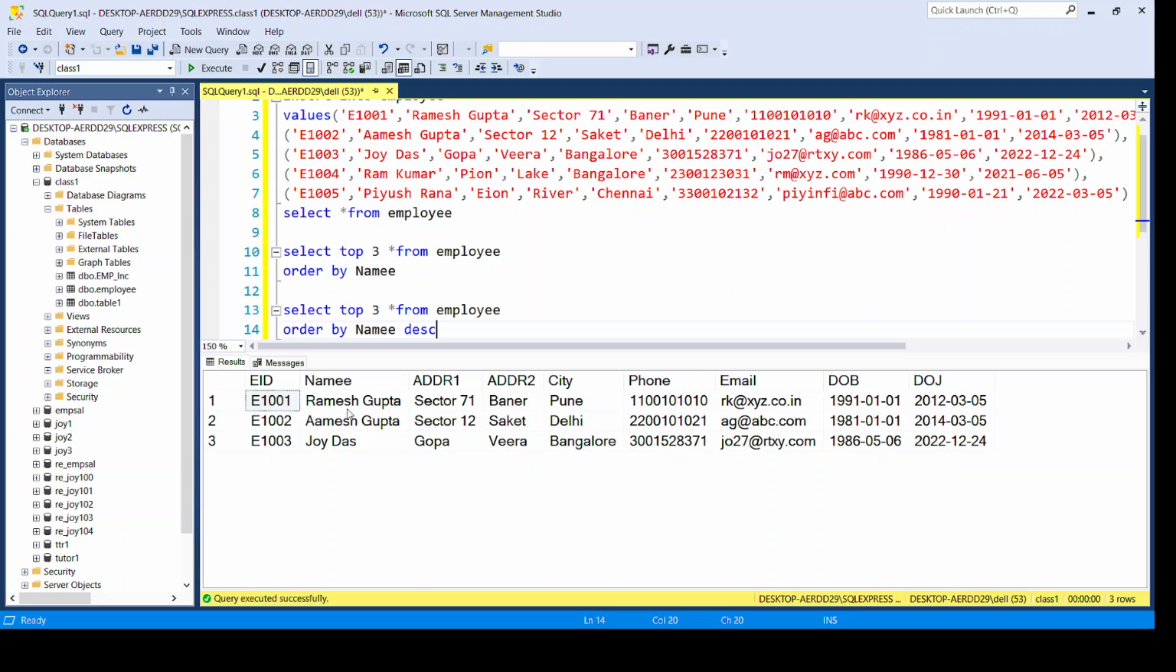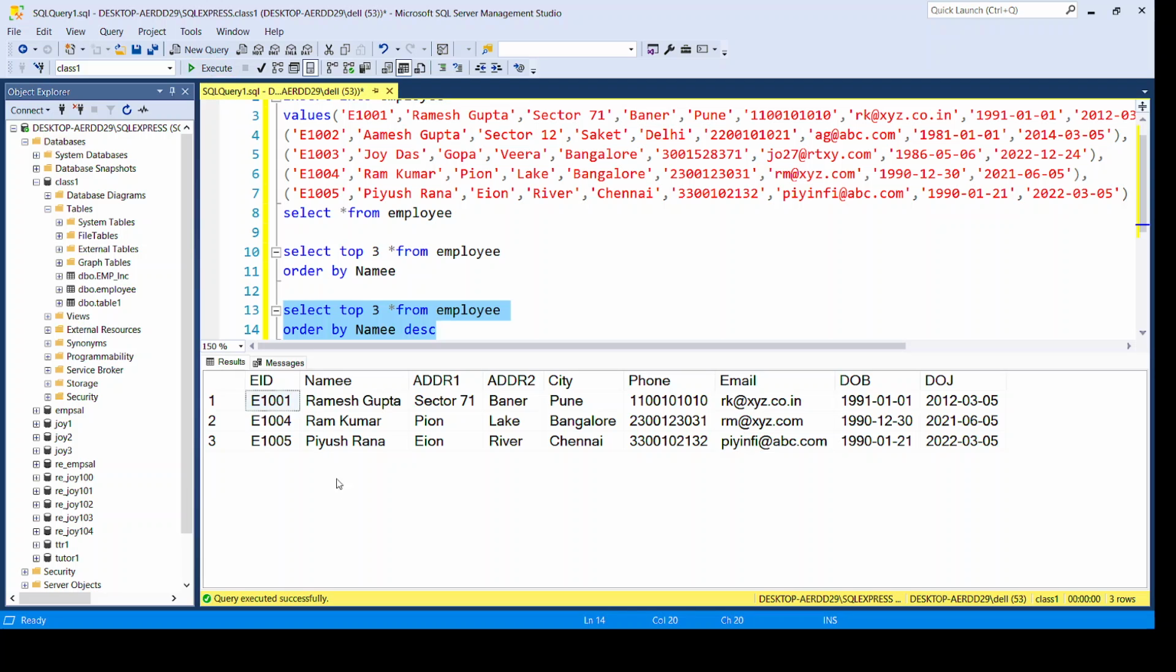And now what will happen? Now the top 3 records of the employee will be first selected, and they will be displayed as per the descending order of their names. Alright, now see, this arranges the names as per their descending order, and the top 3 records are displayed. Alright,